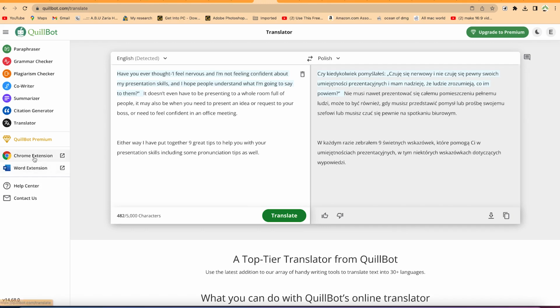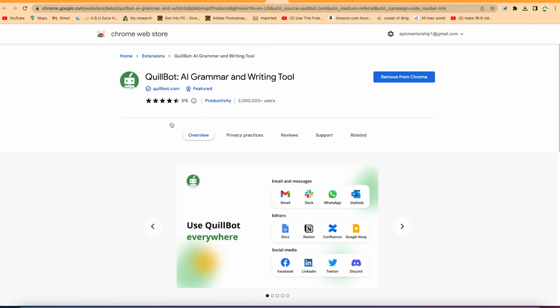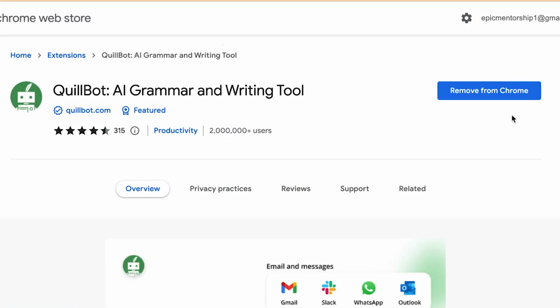The next thing is we look at the Google Chrome extension. You can just have the extension by clicking on this extension, and we're going to have the Quillbot extension enabled or inserted into our Google Chrome browser. So you can come over here and you can see it over here. We've already added my own Quillbot extension. I've added it to this browser. If you've not added it, you just follow the information. It's very easy to just follow and just add.